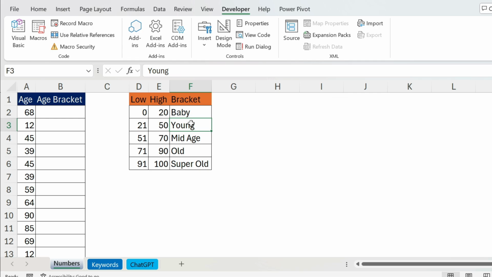Let's start with what you have to do in the setup. In the setup, you have to put the data from the lowest to the highest. So if you see here, I start at 0 to 20. Here I have 21 to 50, etc. If you have the data in any other order, it doesn't work. For example, if I had the data this way, it doesn't work because I have to have them sorted